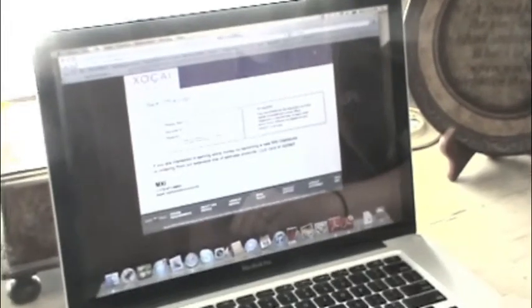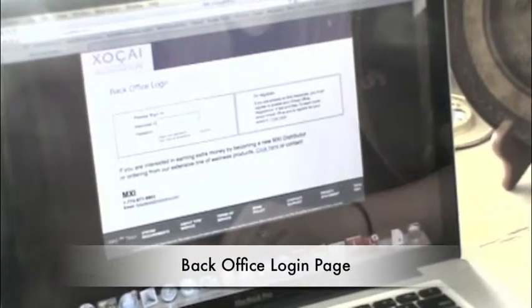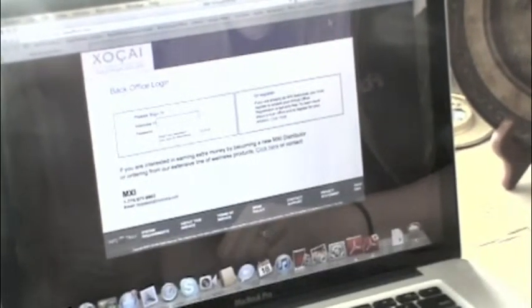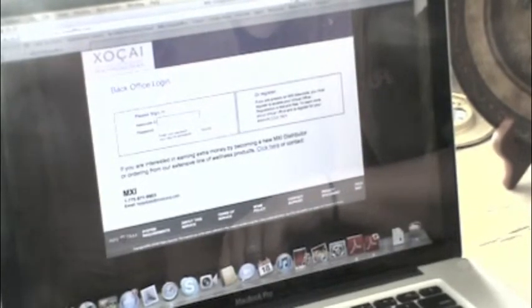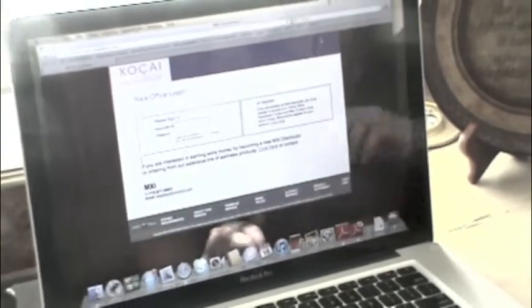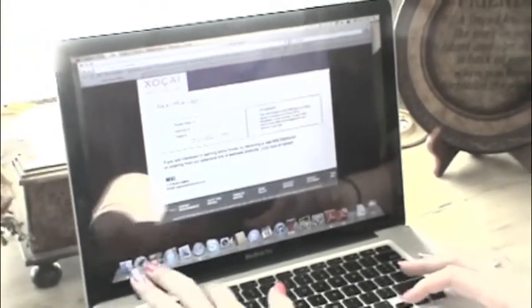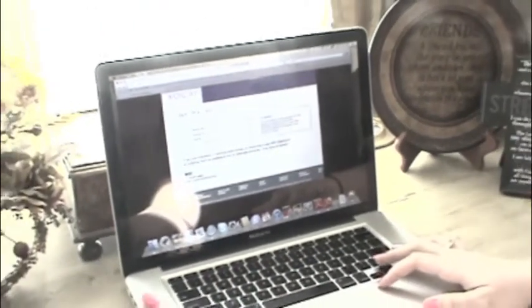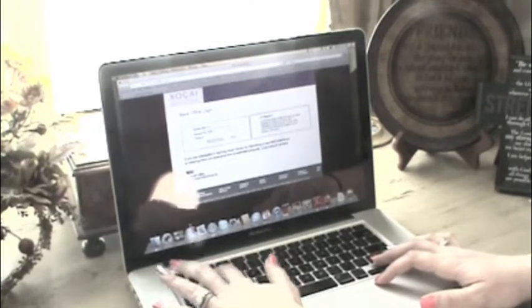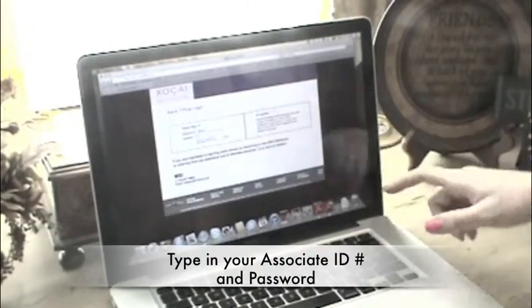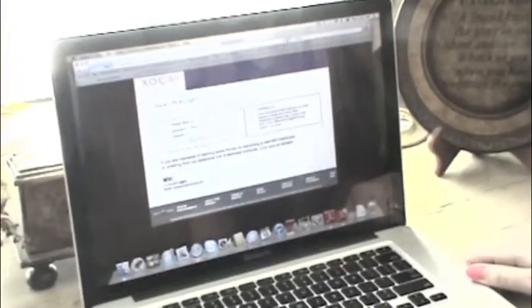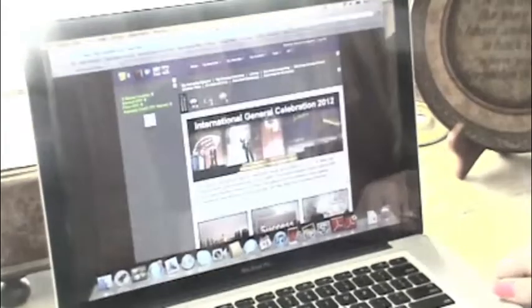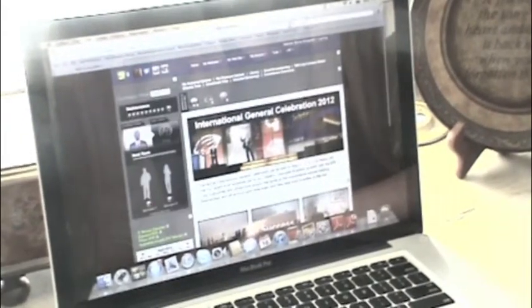and then the back office login page is going to pull up. Right now I'm going to use a brand new distributor who just joined as a business builder. They have not sponsored anybody, but I just want to show you guys what a back office looks like with the new navigation, and also how to utilize it. So you'll type in your associate ID number and your password, which you'll get in an email from MXI when you first join with that information. And if you don't know it, you can contact your sponsor and they'll be able to give you that info